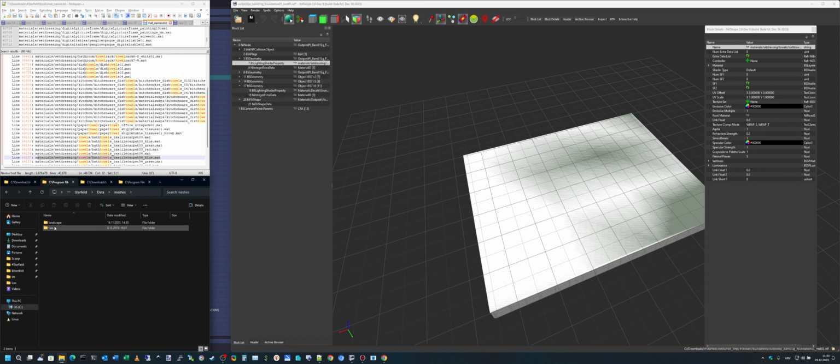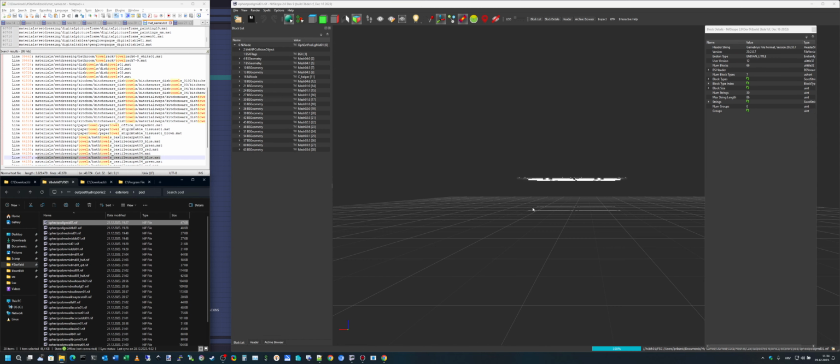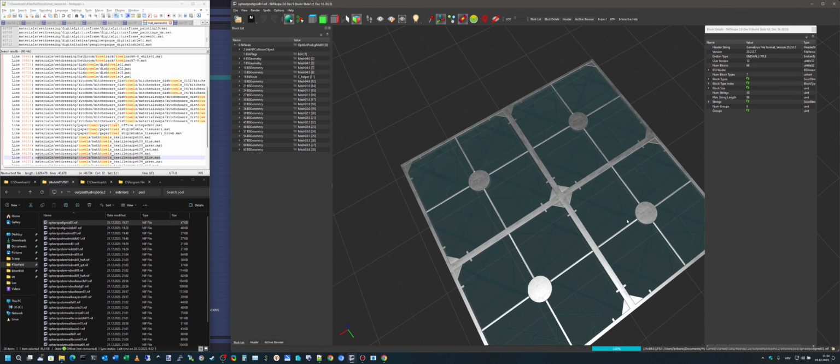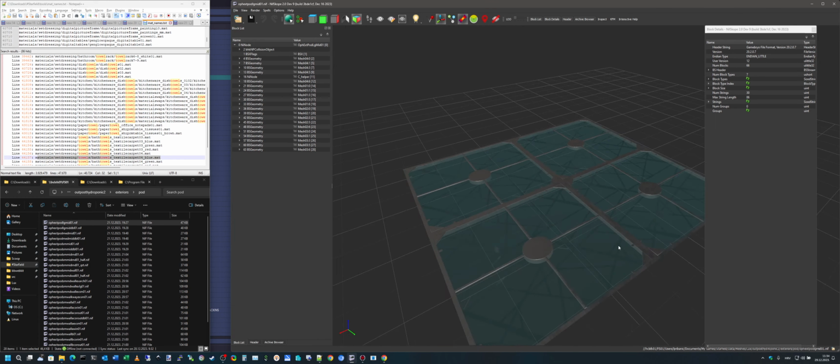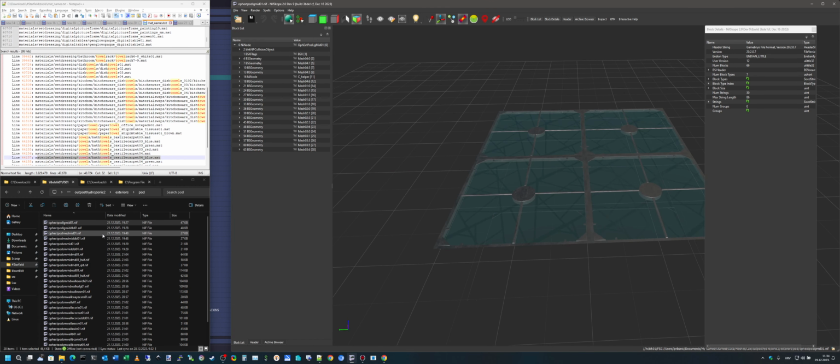So I made this in the custom folder. Oops, sorry. Wrong folder. Data, meshes, and we'll use exteriors. So you can see this type of building with nice blue pattern glass, and